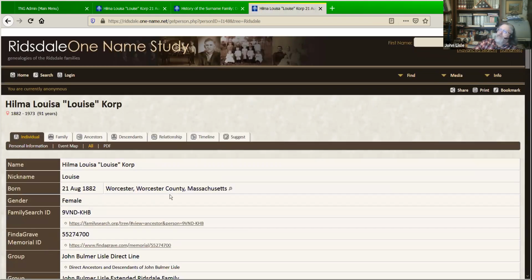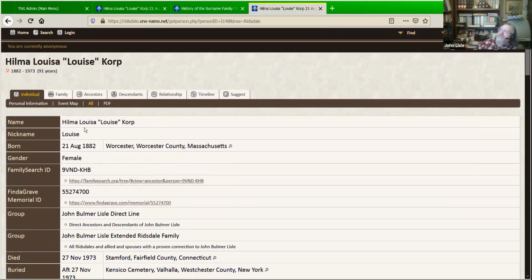Okay. Legacy allows you to embed the FamilySearch ID and your Find a Grave Memorial ID in your person record, and you can export that in a GEDCOM. So by clicking on this link here,